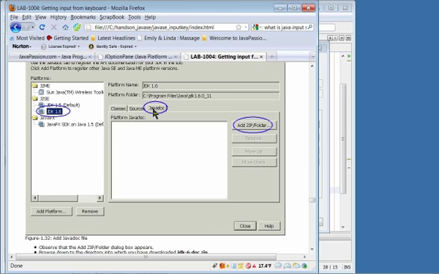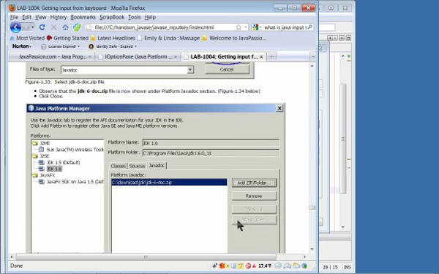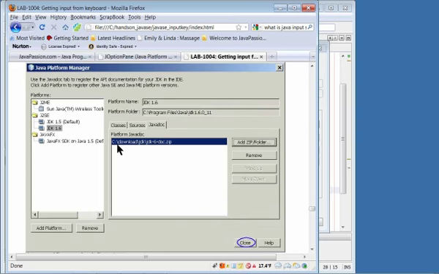Okay, and select Javadoc, click Add ZIP/Folder, and then you go to the directory where you saved that zip file, and then click Add ZIP/Folder. Okay, and then once you have done that, you should see that the zip file is configured for this particular JDK. So for any Java class that is supported in JDK 1.6, you can perform Javadoc lookups,